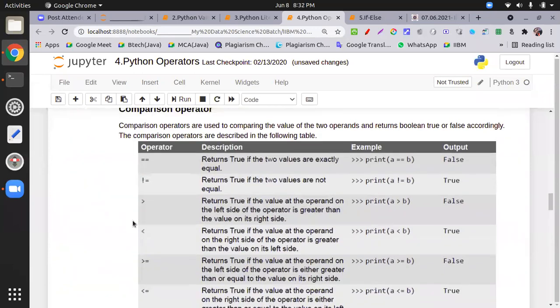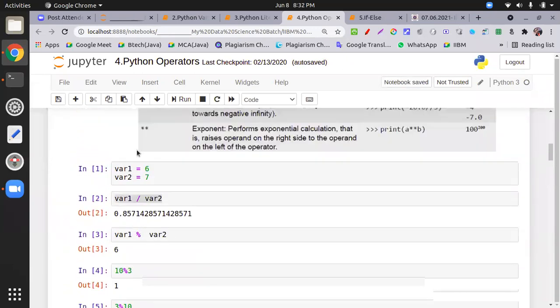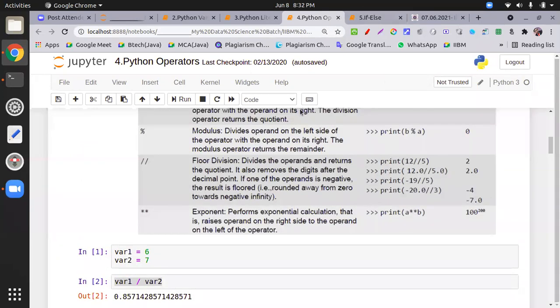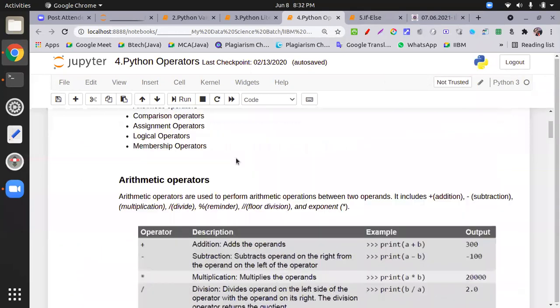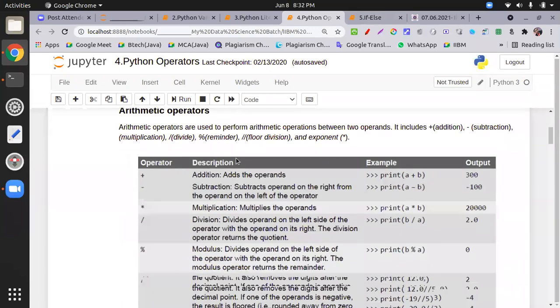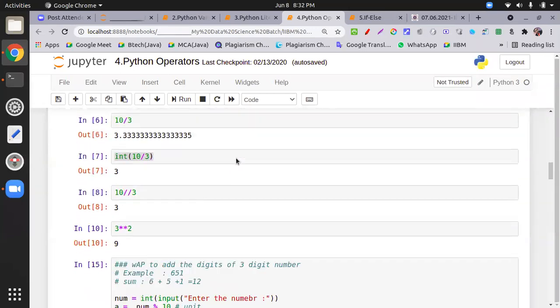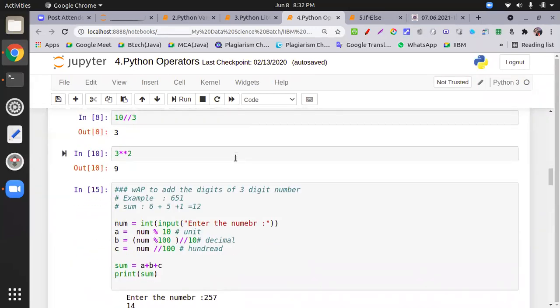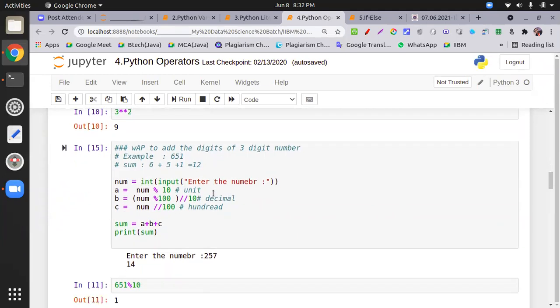I'll take a 2 minute break. When I return, I will teach you the if else statement. We have some programs, and based on this I will use a program. You have to submit this program to my email ID. So give me a 2 minute break, and I'm returning in 2 minutes.